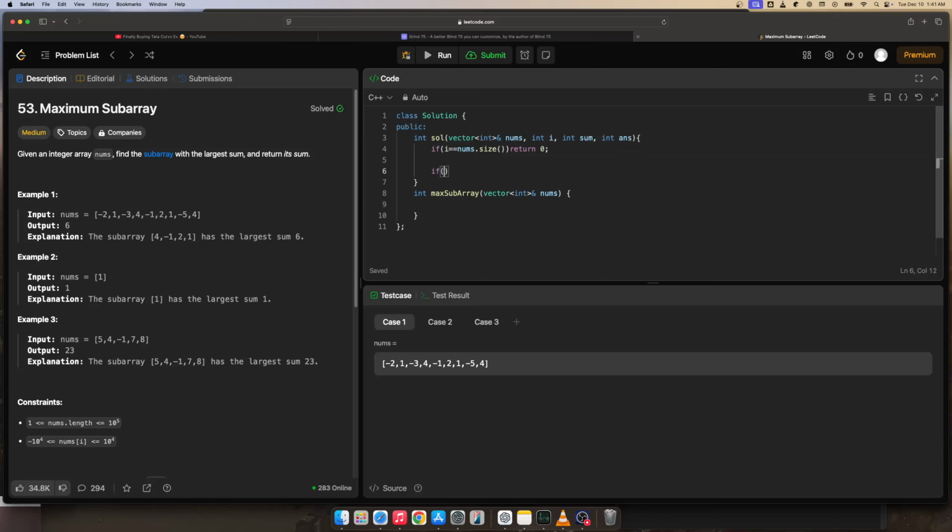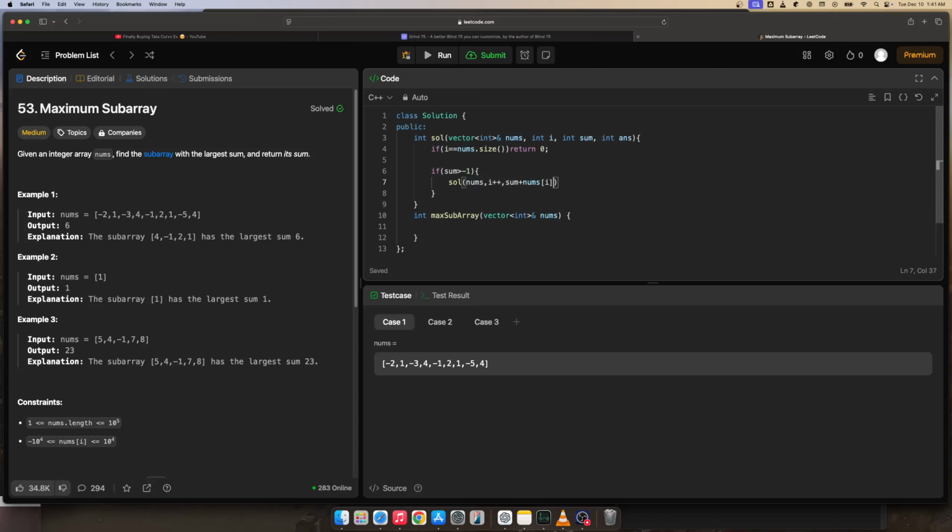I can say if sum is greater than -1, then we'll call solution nums comma i plus plus comma sum plus nums of i, and